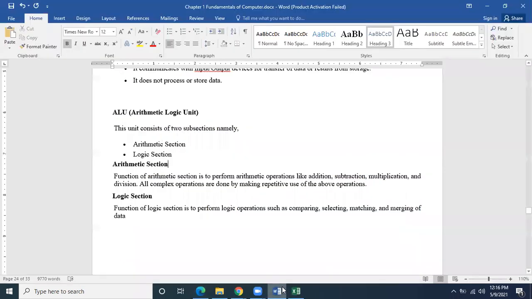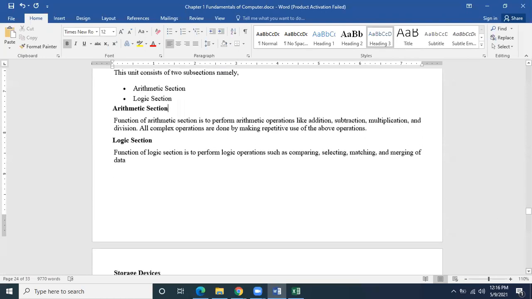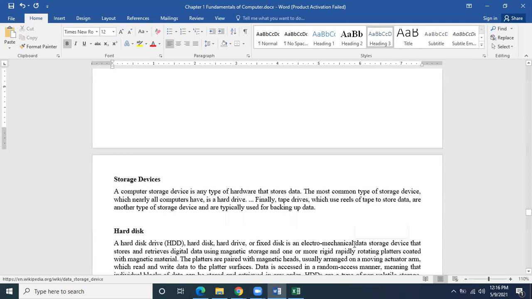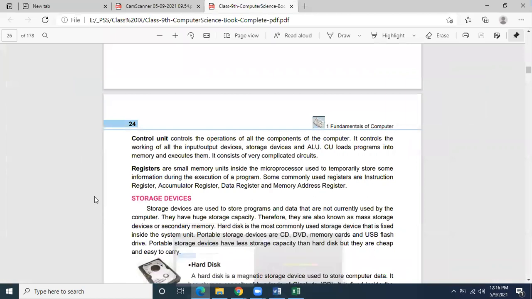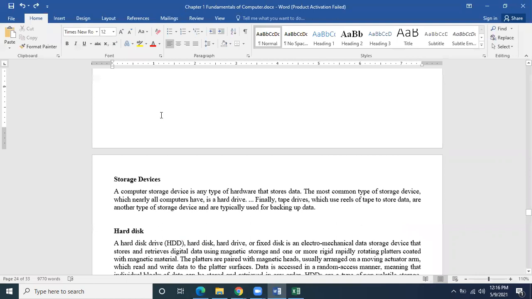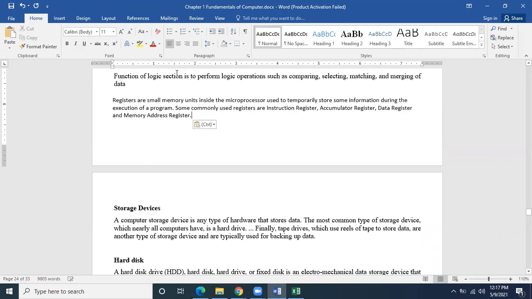Now come towards the registers. We also go through the registers, storage devices. Before storage devices, we must know what is basically meant by registers. Registers are components inside the computer system, inside the CPU. Keep in mind, this is the area where data and instructions are stored during processing. So we need to know about the registers as well, and what the different registers are.